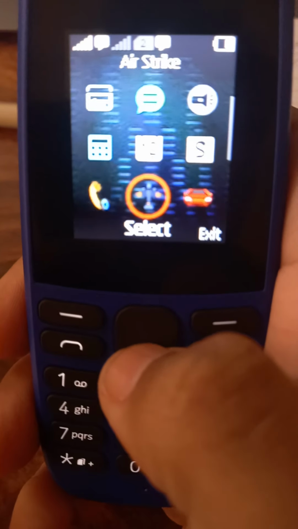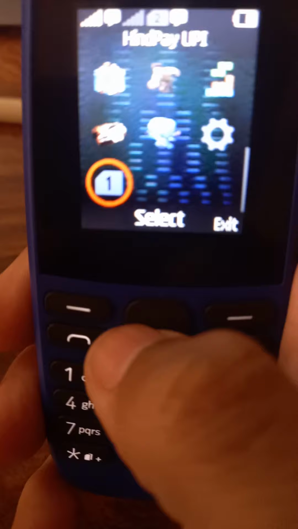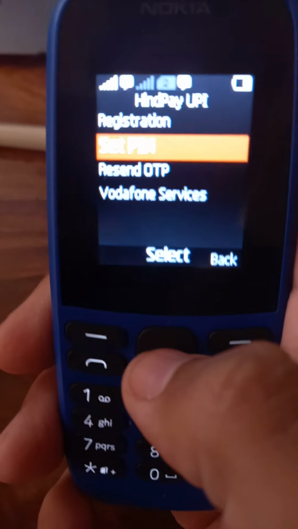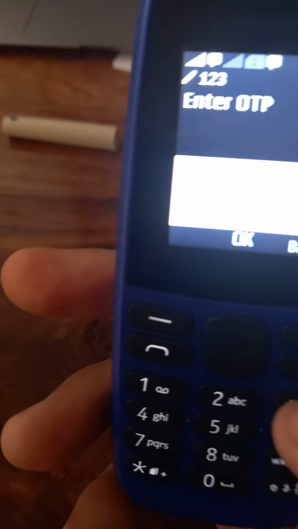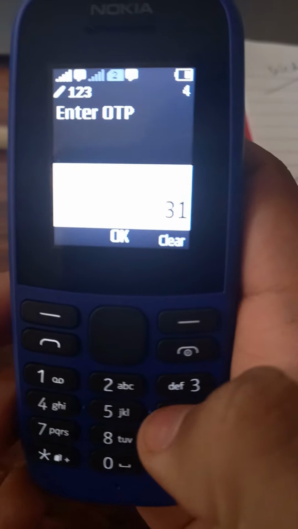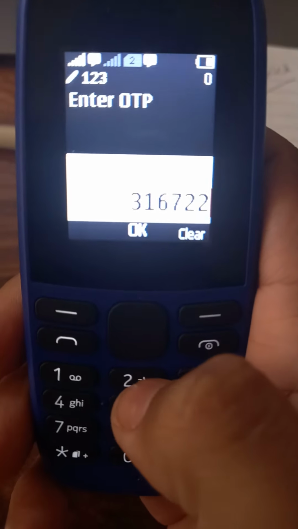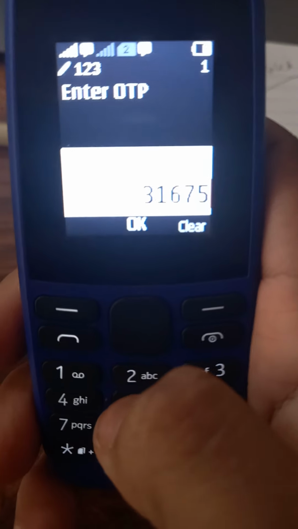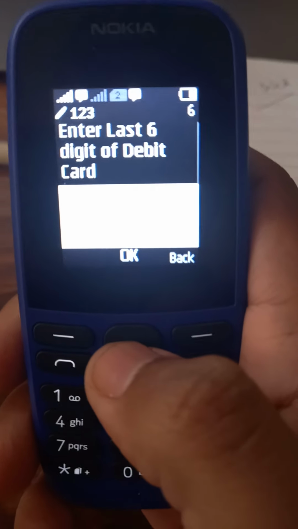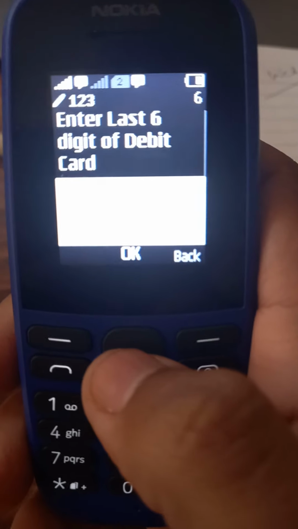So again I'm going back to the application. I'm going to set pin, enter the OTP 316755, then the last six digits of a debit card.